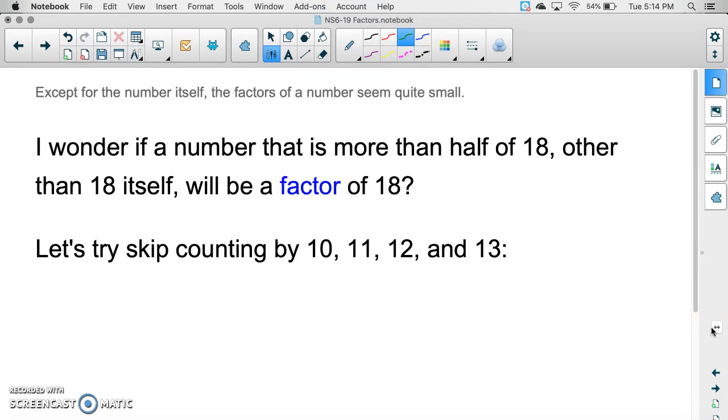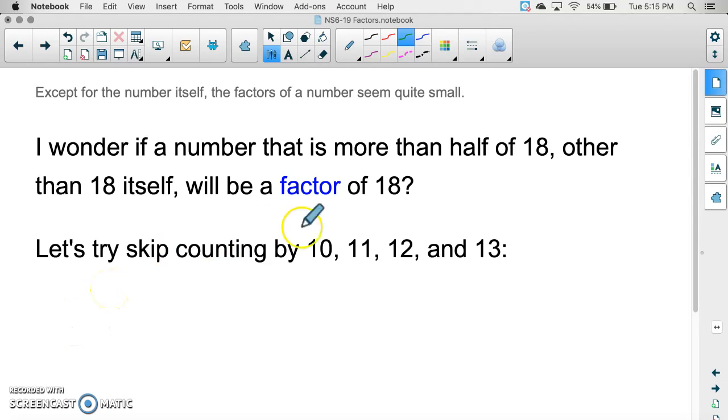So when you're trying to find all of the factors of a number, except for the number itself, they seem to be quite a bit smaller than the number. So I wonder if a number that is more than half of 18, other than 18 itself, will be a factor of 18. So let's try skip counting by 10, 11, 12, and 13 first, because we know half of